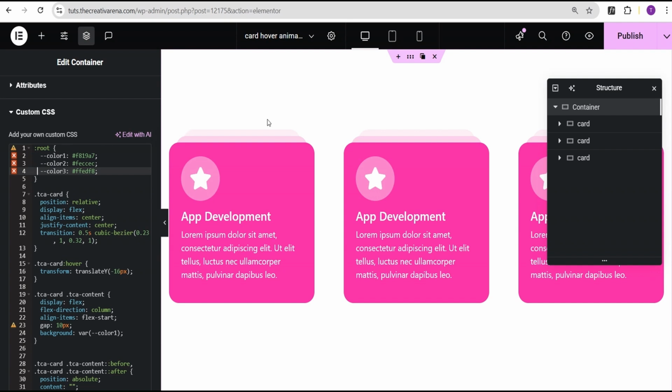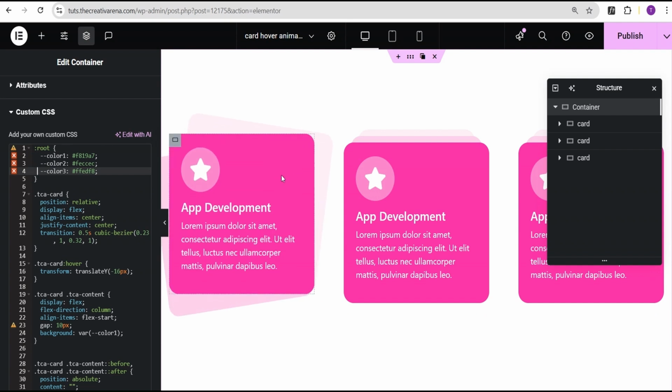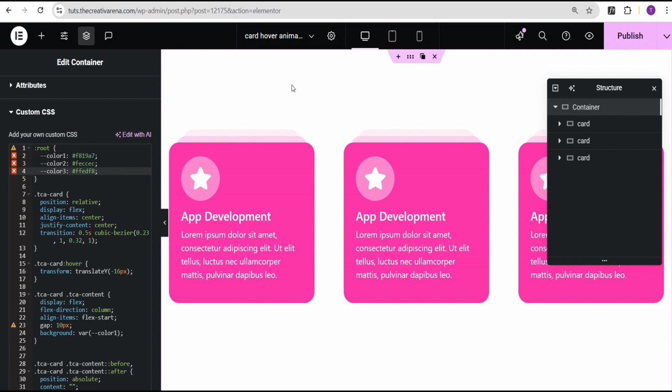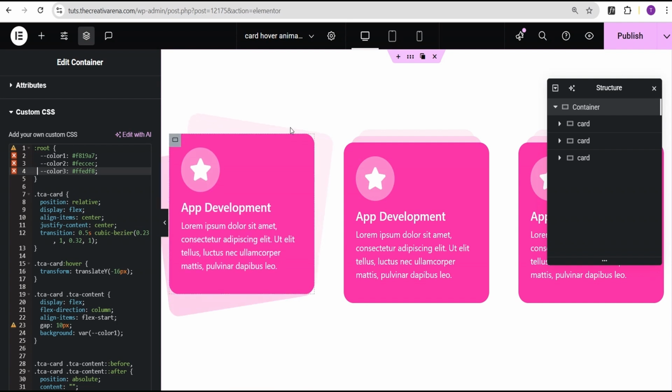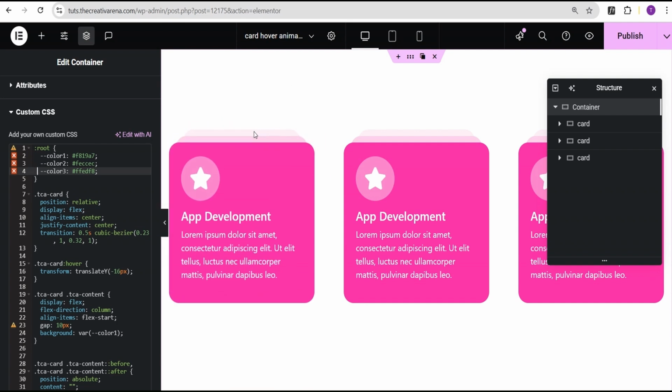Now, color 1 is the base color, this thick pink here. Then color 2 is the color that is following the base color in this layered format. And this second color here is color 2. And then the last color, which is a bit transparent, is color 3. Okay, so now in the situation where you want to change this color, you want to have something that looks